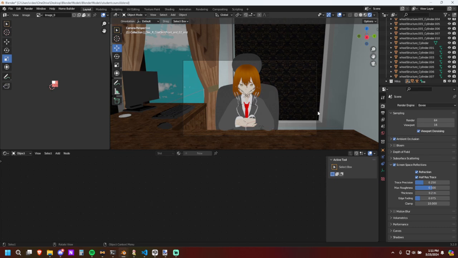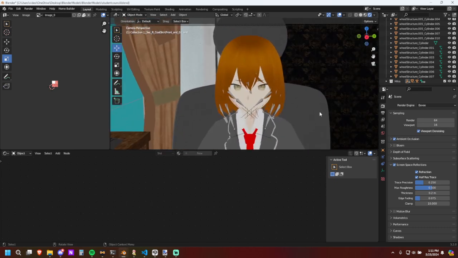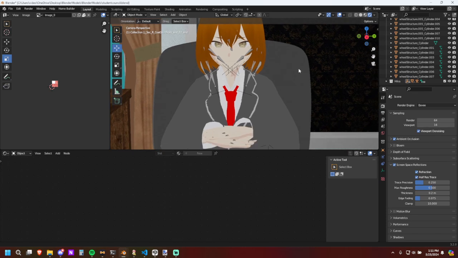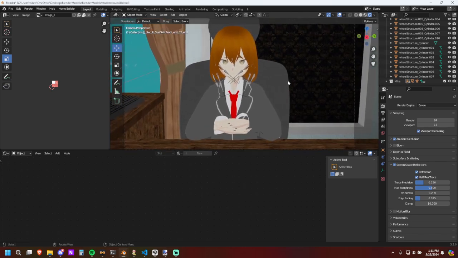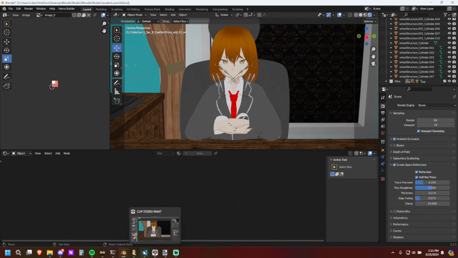So this is the scene that I set up. One thing to note is that the character was put together in Vroid, which is the program that I use for creating characters, and then I exported it to Blender. Now the thing about Vroid is how its textures are set up. It uses emission on all its textures, which makes it look very bright in Blender, and I'll actually show you. I have the actual original